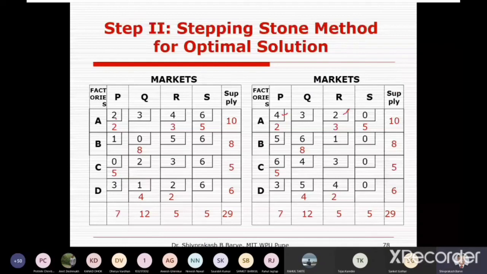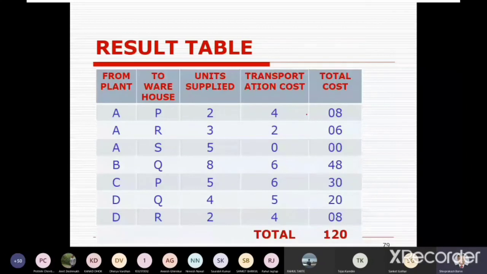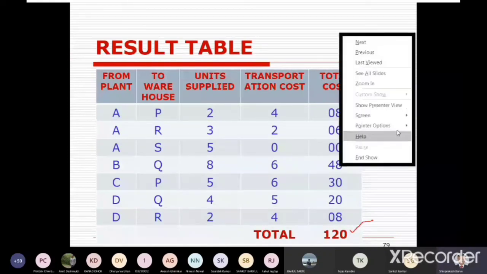So here we are getting the minimized answer, and here we are getting the maximized answer. By considering these values, instead of 54, I got the answer 120. Like this, you can solve the problem for the maximization type if it is there, or this is the special case. So with this numerical, we stop here.